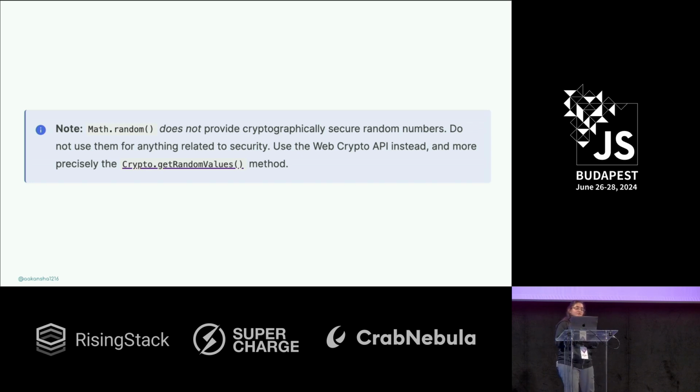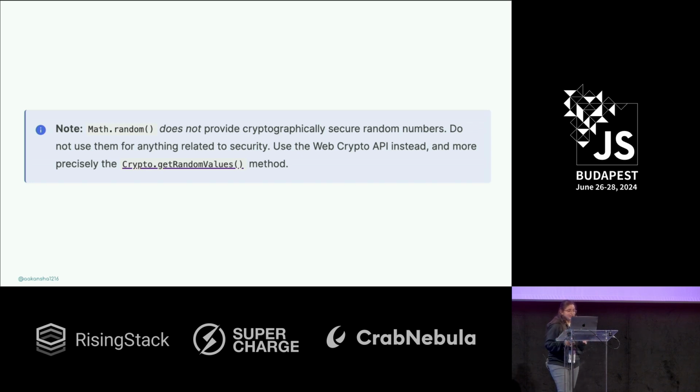And the algorithm which Math.random uses is prone to, if you observe the pattern, you can actually determine what the next number is going to be. You can predict the numbers which are generated by Math.random. So that's the reason you should not use it. And crypto.getRandomValues has a very high entropy, and the numbers are not guessable at all. So that's why you should use crypto.getRandomValues when you are dealing with security.